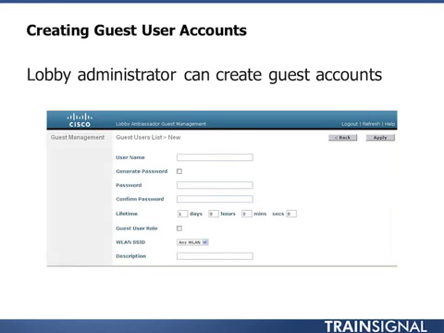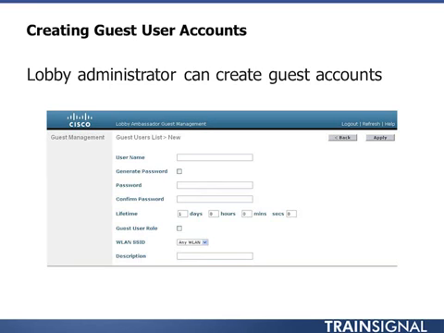Now, if you don't have a central wireless control system, then you can also set up a lobby administrator's account on the wireless LAN controller. That's the anchor wireless LAN controller. And you can see the setup is somewhat similar. You can enter a username and the password they're going to use to access the wireless network. You can have that password generated for you, or you can put it in yourself. It defines the lifetime that these credentials will be valid for. You'll select the wireless LAN SSID which applies to this account,